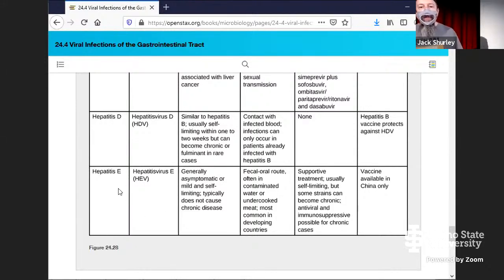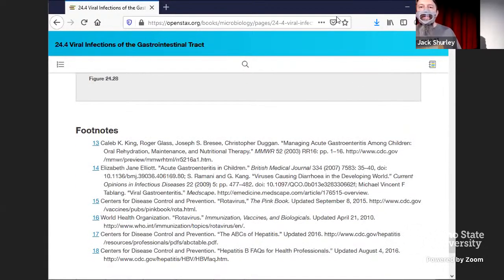And then lastly, E, I mentioned it as we started. E and A are both fecal-oral transmission, with the possibility of undercooked or poorly cooked meat setting the stage, and other food products and water, all with fecal contamination ultimately. Also typically pretty mild and self-limiting, so it really just depends on your circumstances, right? With that, let me switch back.